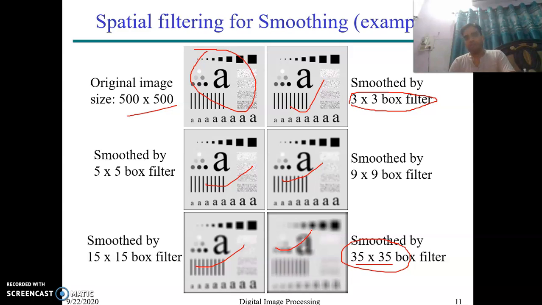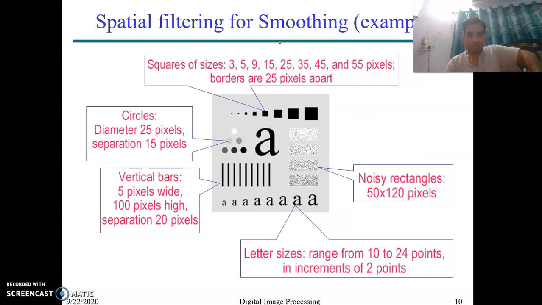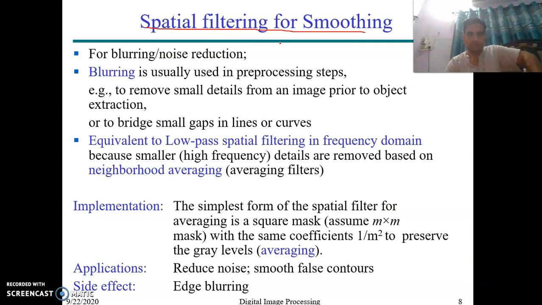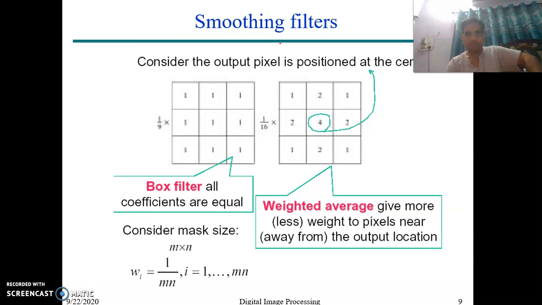So as we increase the size of the box or filter, definitely the result after the processing will vary. As we can see in this particular slide, as we are increasing the size, the resulting images are being blurred. So we get a clearer effect with 3 cross 3 filters. We will choose the size of the filters based on our needs. Suppose we want faster execution, then we can use large size filters. But if we need more clarity, then we will use smaller filters. So this is all about the filtering, and we will talk about smoothing and sharpening with the help of the different filters in our